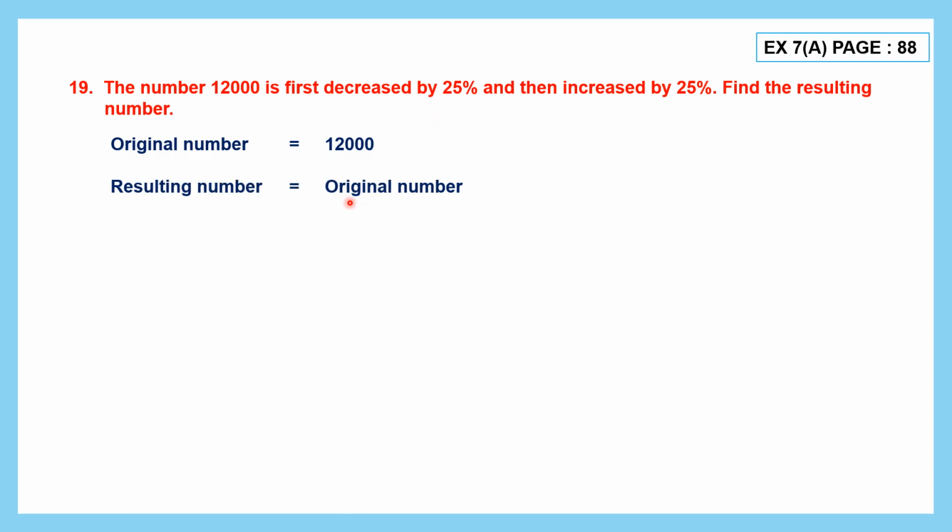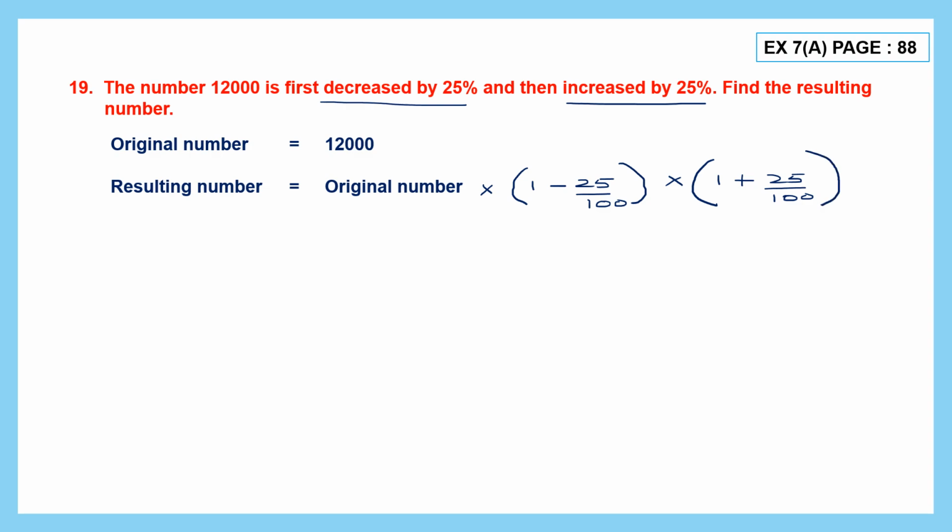So the resulting number will be original number into, now first it is decreased. So we have to say 1 minus 25% is 25 by 100 into, and then it is increased. So again increase will be addition. So 1 plus 25 by 100. So this, if we work it out, we'll get this. Now our original number is 12,000